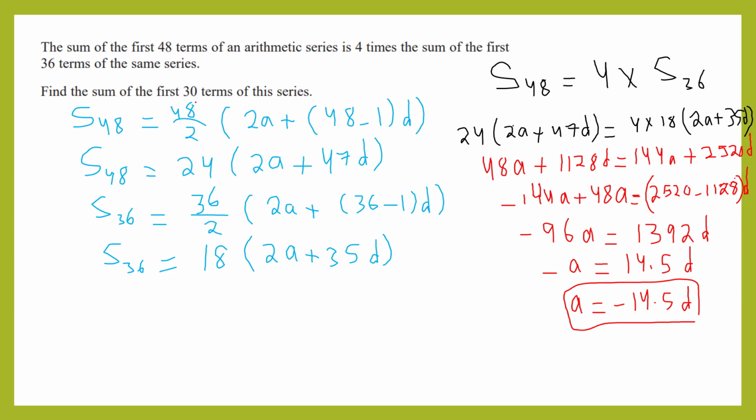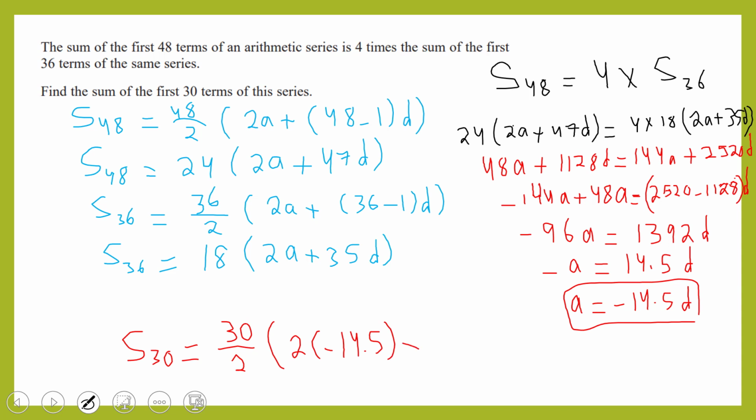So we'll get back to the question, which requires finding the sum of the first 30 terms. So n is 30, and you can replace each a by negative 14.5d. To find S30, replace n by 30 over 2 multiplied by 2a, which is 2 times negative 14.5d, plus n minus 1 times d. n is 30, 30 minus 1 is 29,